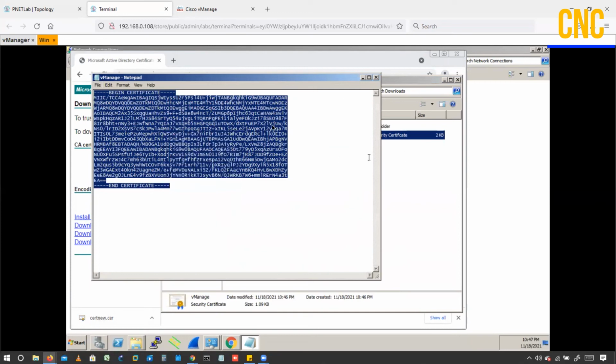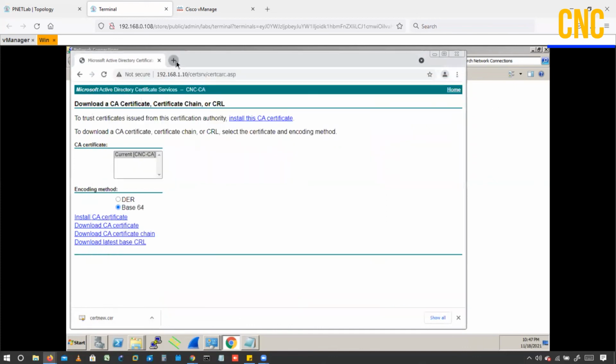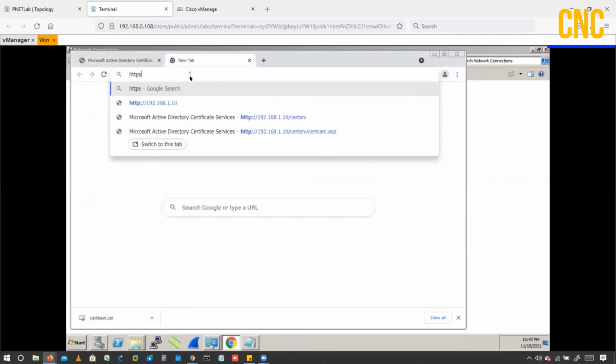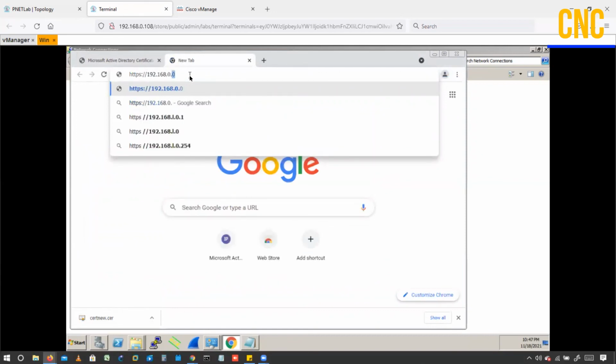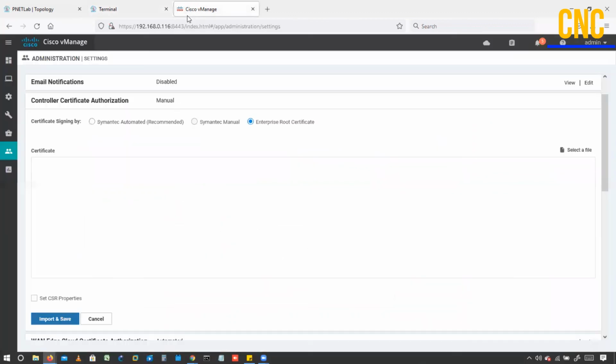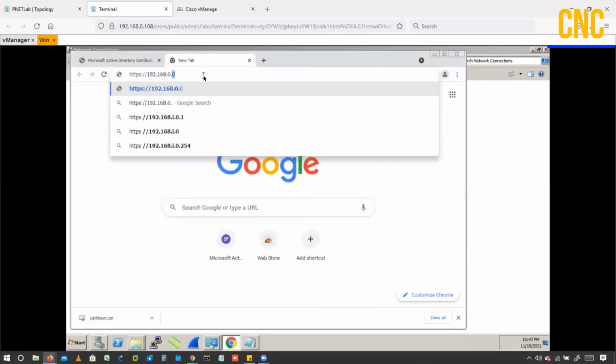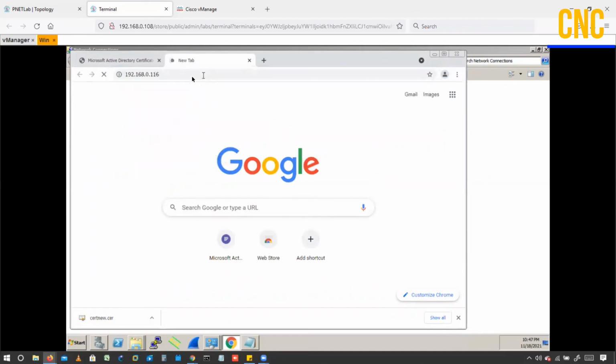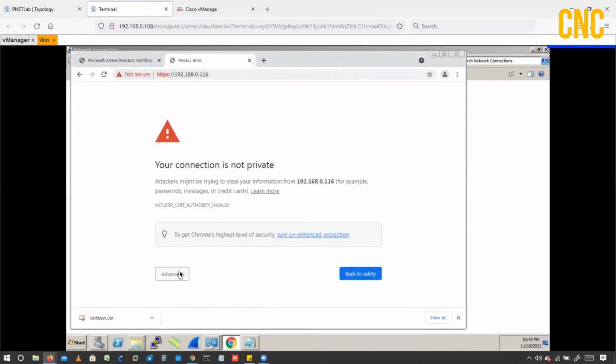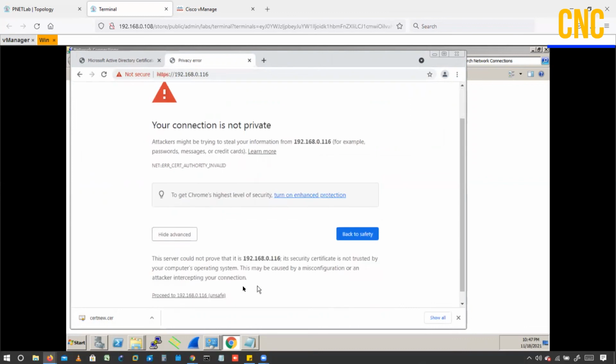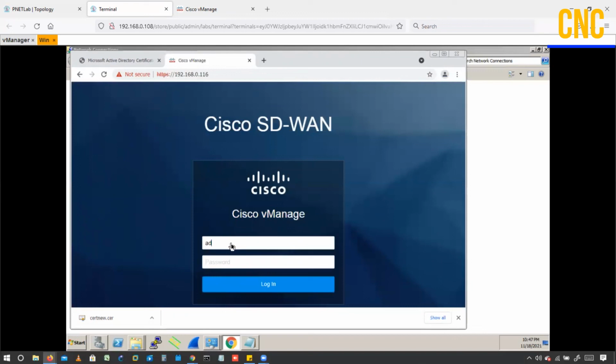Okay. Now you have to go to your vManage. Okay, so right now this is the file that we have here. So we have to access the vManage inside this server. Go inside here, https://192.168.0.116. As I told you, we can directly use this address also. So it will directly hit the port number. It will do redirection in the background. Same admin.